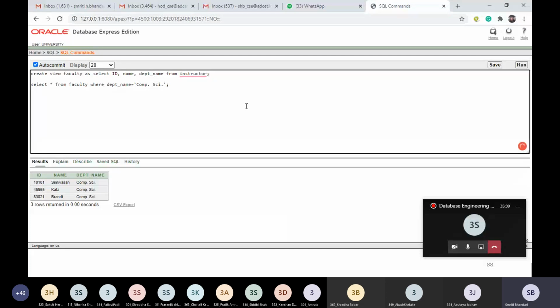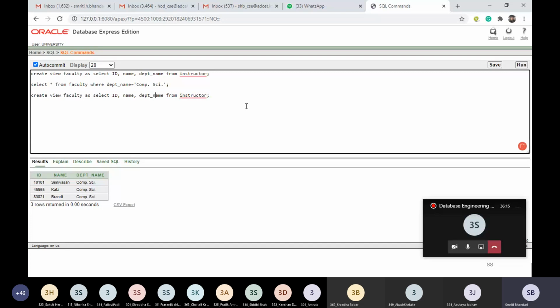Now, suppose I have created the view and I want to modify its definition. Suppose I created this view faculty earlier with 3 attributes, but now I would like to change this definition and have only the ID and name of the faculty member in my view.